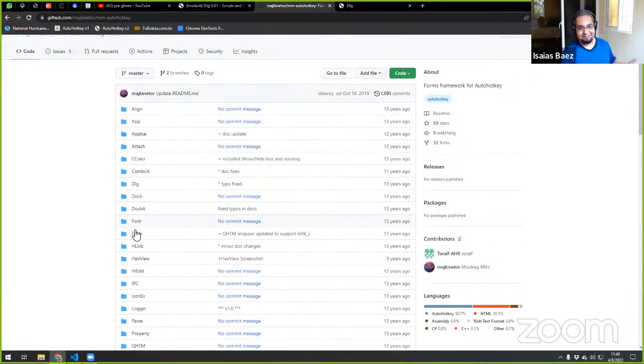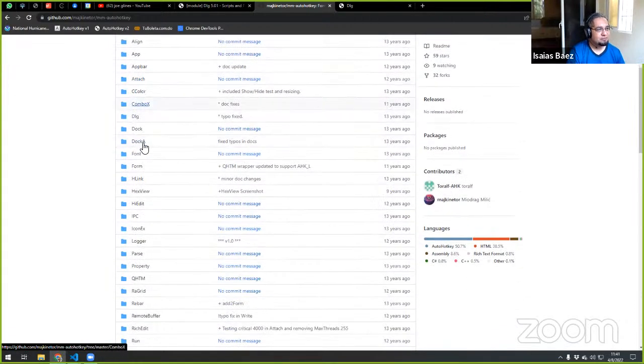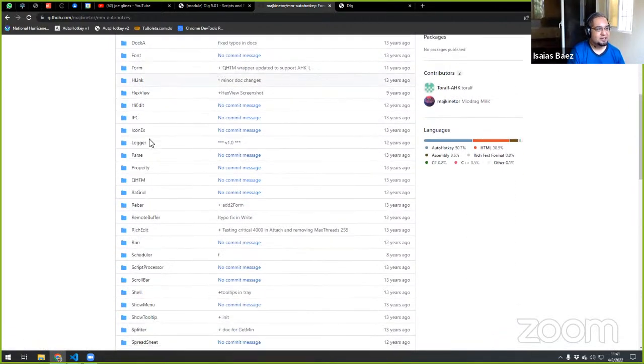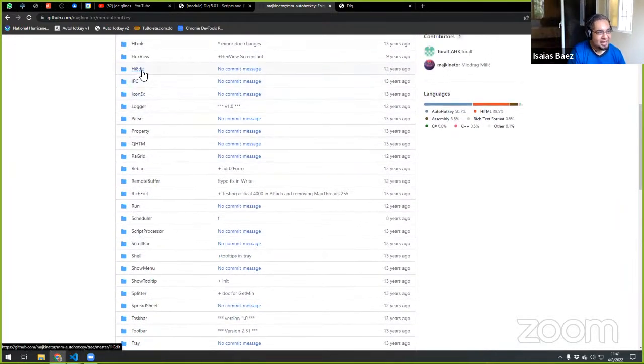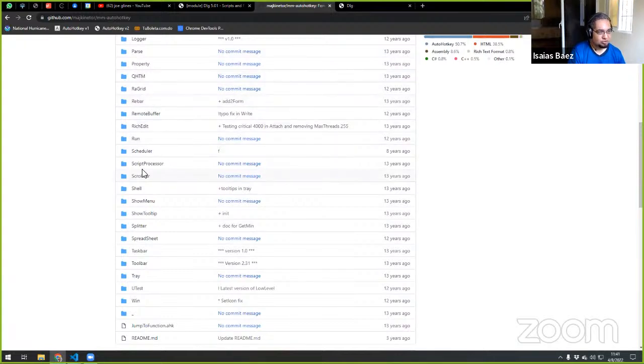I don't know if it is really relevant anymore, but it had align, attach, the combo boxes and others, like the hi-edit, the hex view, H-link. Those are controls that you couldn't access straight from the AutoHotkey syntax, but I think it allowed you access to them.